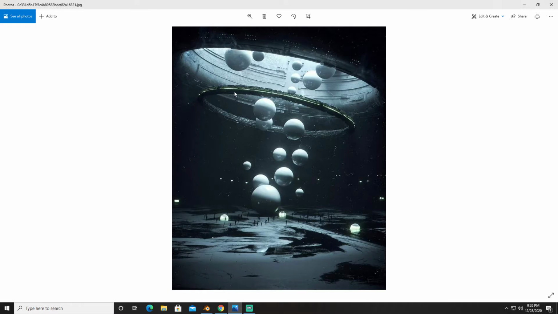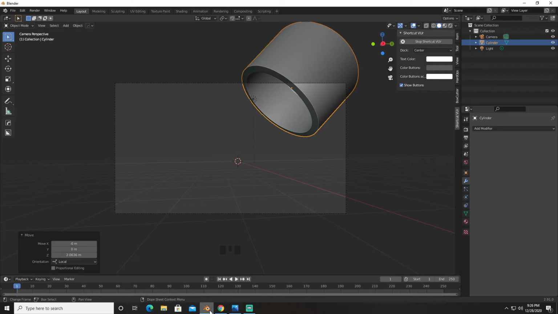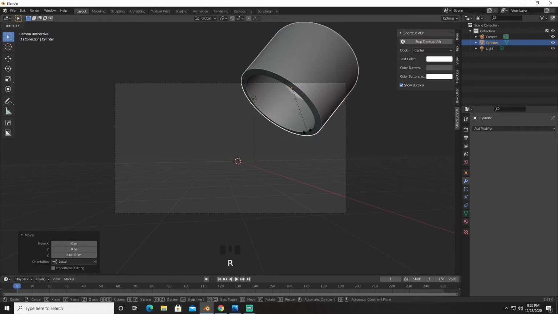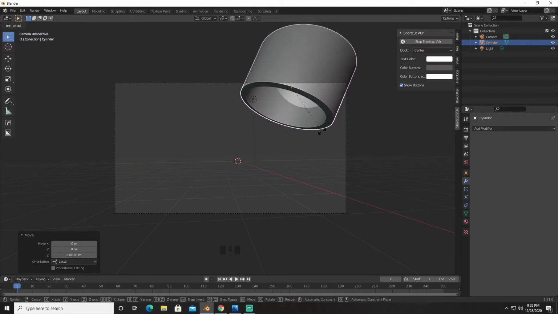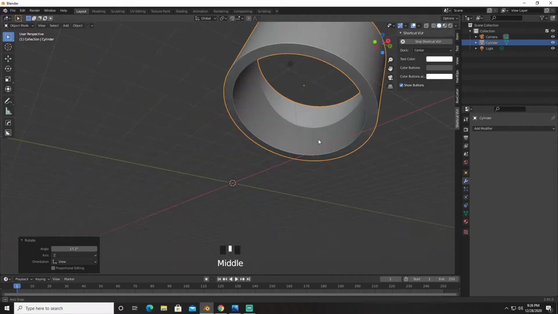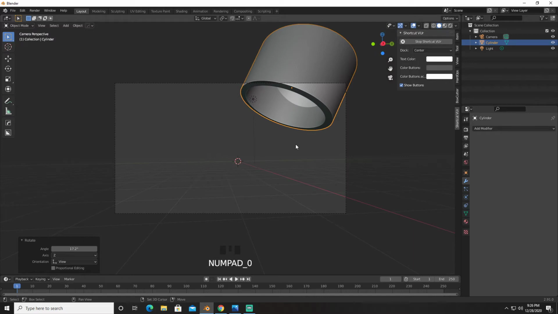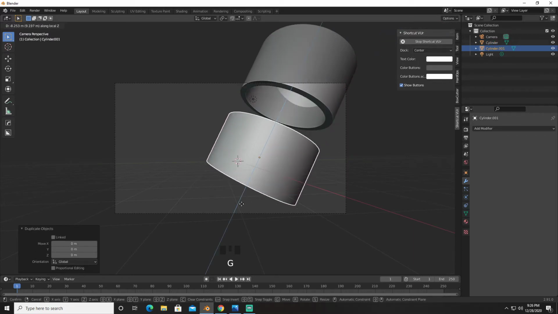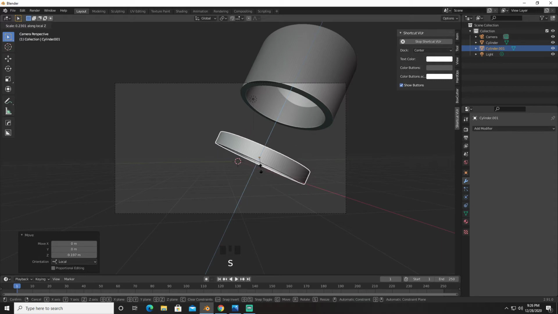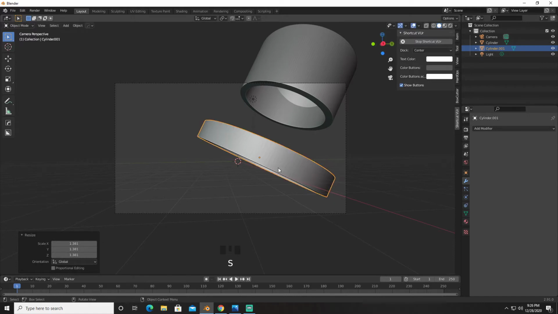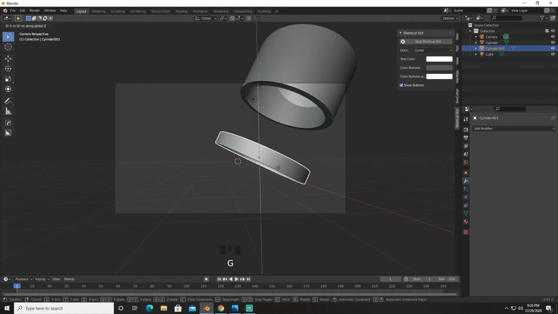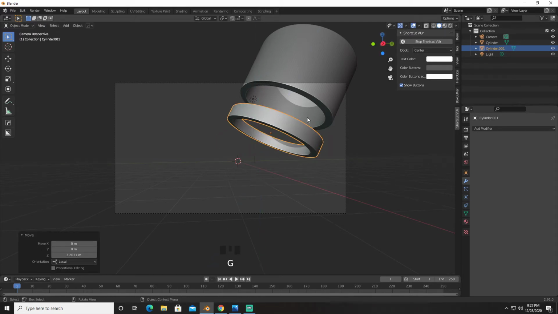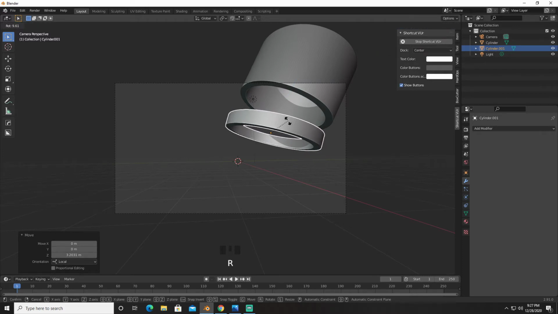So the next thing this guy did was he created the same torus-like thingy here, so we're gonna do that. We're gonna rotate it a little bit downwards so that it comes in the frame to right about here. We're gonna Shift D this, bring it down here, scale it down on the z-axis, and we're gonna scale it up, or maybe we should just bring it, G and Z, and we're gonna rotate it a little bit towards here,